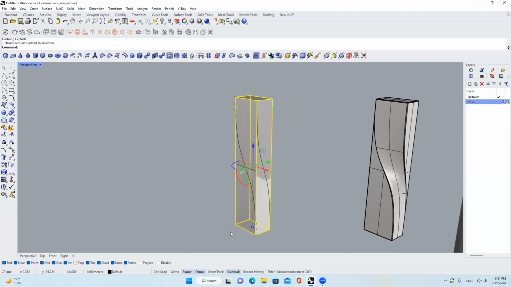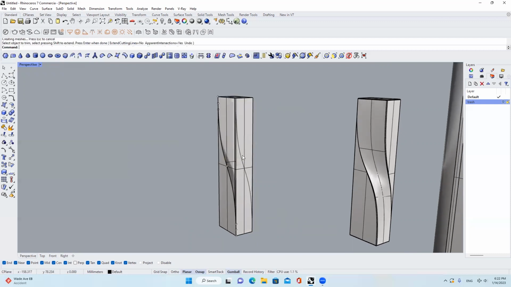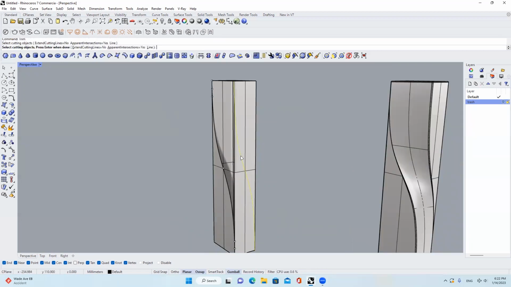Next thing is I will explode this whole cube. I'll type in trim, select the cutting objects, which is this curve, hit enter, and then I'll click this surface, trim it. Okay, I'll repeat this by clicking space, and I'll select this cutting object again, hit enter, and then